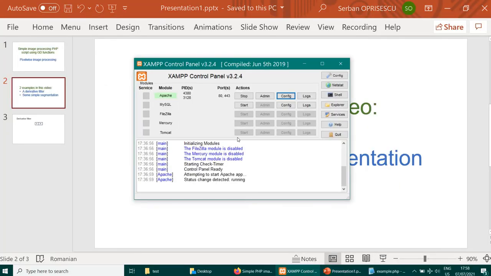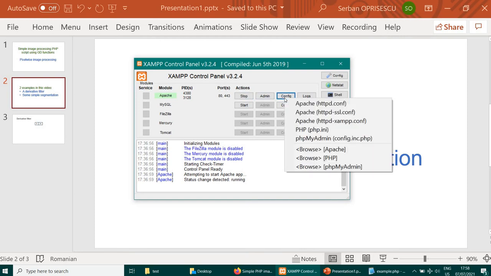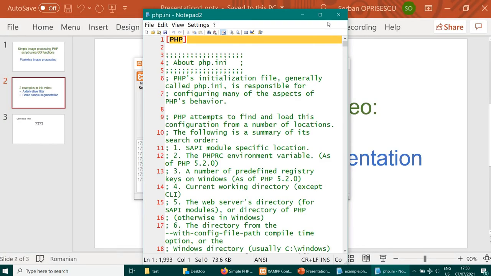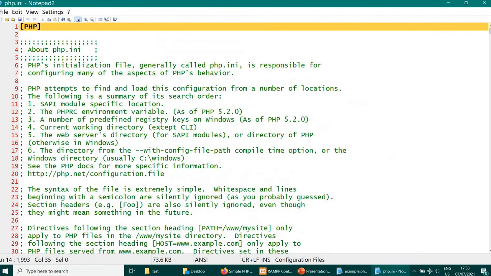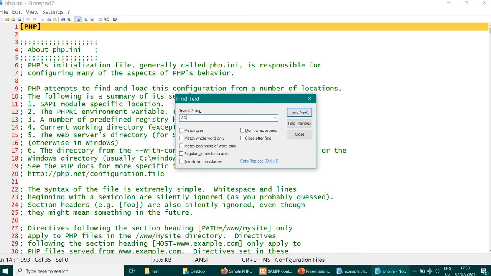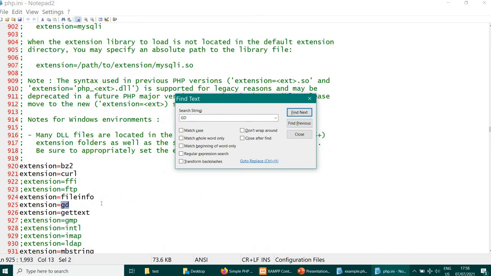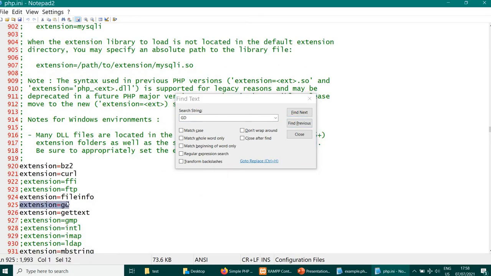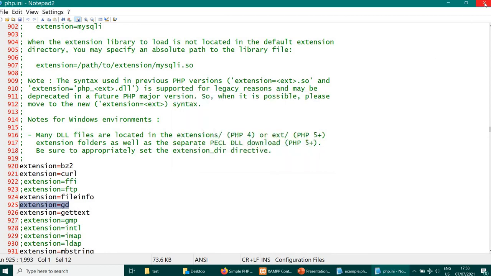What we will need to run these examples is a simple installation with the Apache server running and the GD library enabled. You have to check that the GD library is enabled, that it's uncommented.